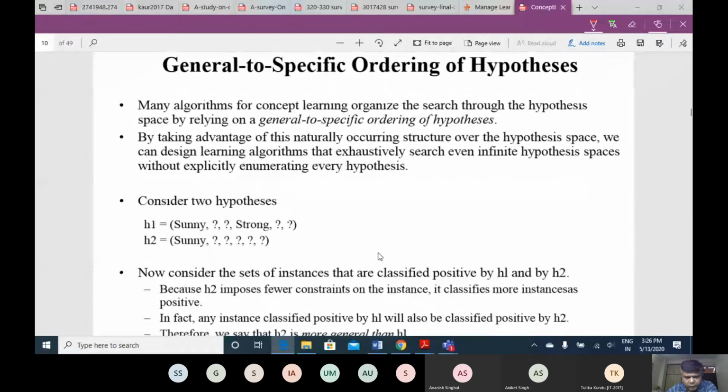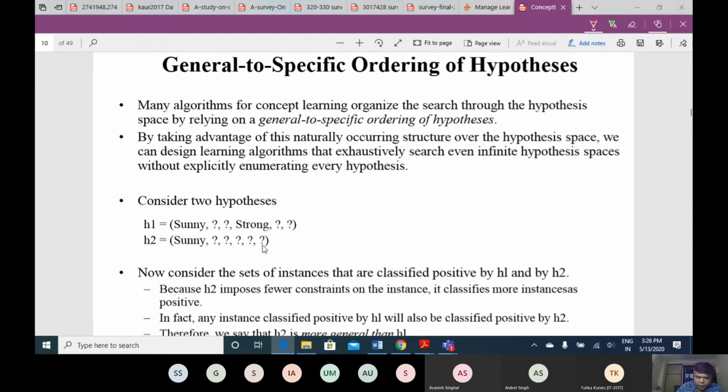Now we can say a particular hypothesis is specific or general. These terms are related to hypotheses. A hypothesis may be specific or may be general. The most general hypothesis, as we have seen, is when all of the feature values are question mark, so it represents all possible values. And if all those values are zeros, then it is the most specific, since it doesn't include anything.